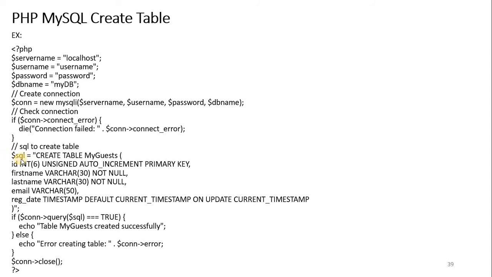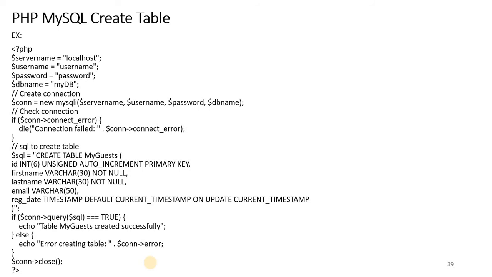This is a user-defined variable, and then you are supposed to execute this query: $connection->query($sql). Remember, query is a very important function; it is used for executing a query in PHP. After executing this, if it is true, then the table MyGuests is created successfully. This is how you create a table.